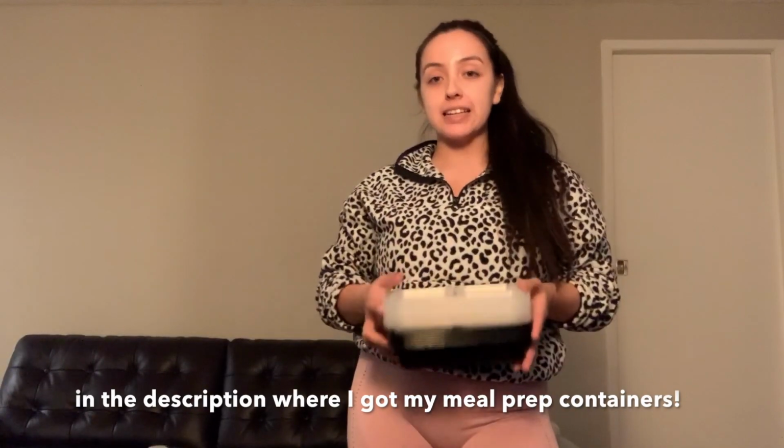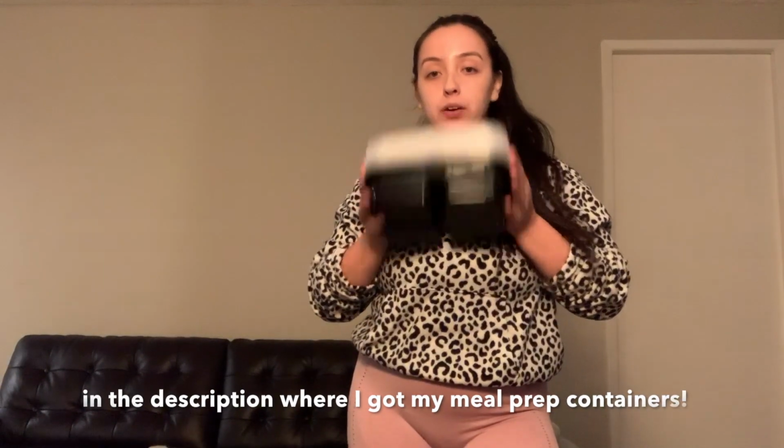So while my chicken is making, I am going to share with you what containers I use. So I got these from Amazon. They're super convenient. So I'll go ahead and put down below what they're called, and there you can